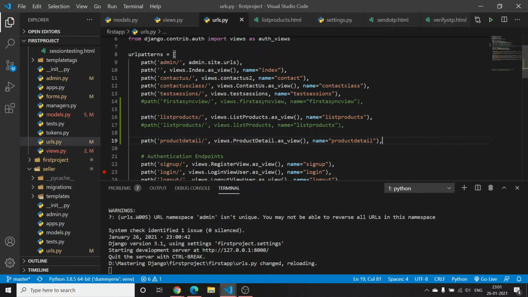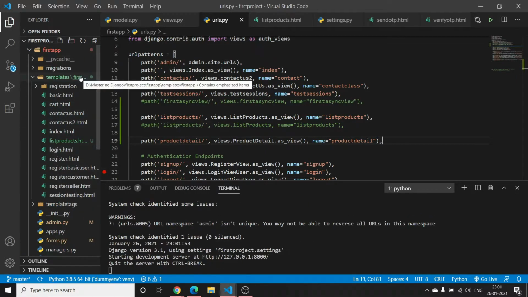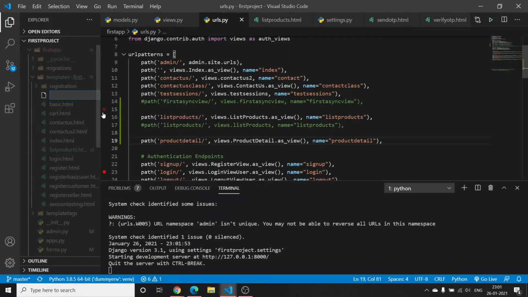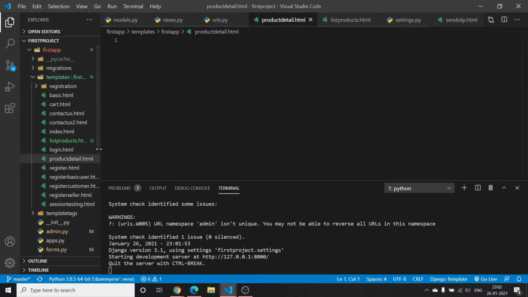And control save, and in templates we will add one more template here, that is product_detail.html.